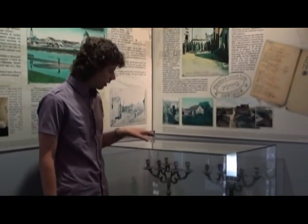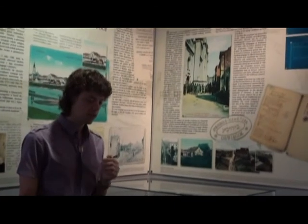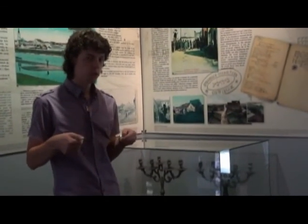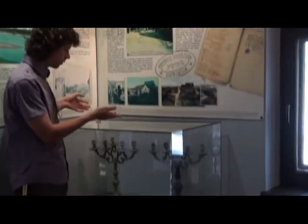But it's not our mission to tell you about the Second World War, the Shoah. You can hear those stories in the former concentration camp. Our duty is the story before the Second World War and the story of the coexistence and Jewish life. What stayed left from those periods? This is for example, those two chandeliers